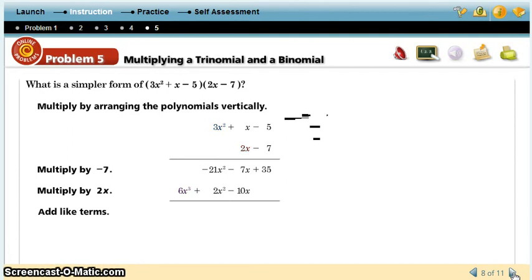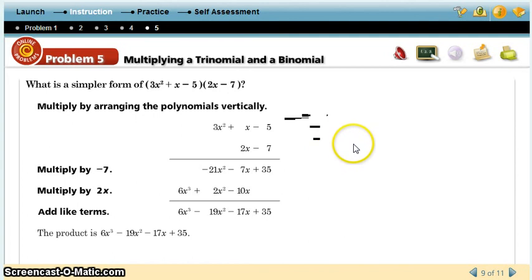Finally, add like terms. So the product in simplified form is 6 times x cubed minus 19 times x squared minus 17 times x